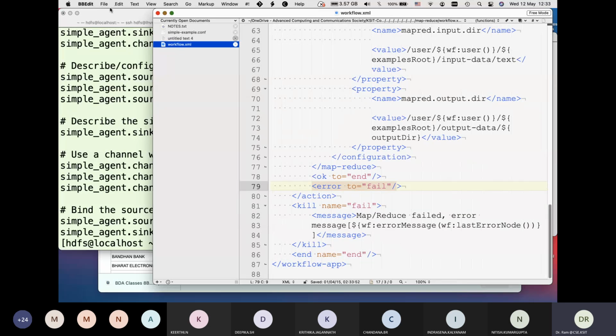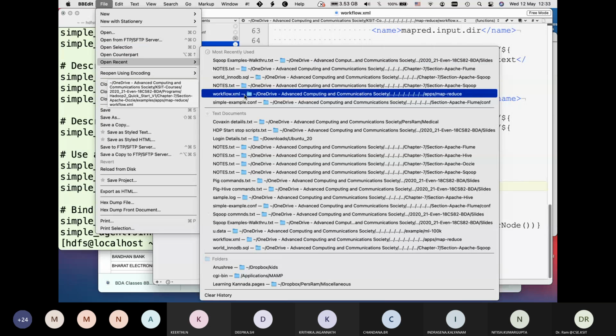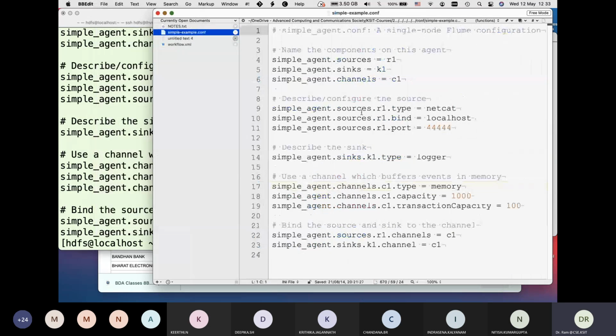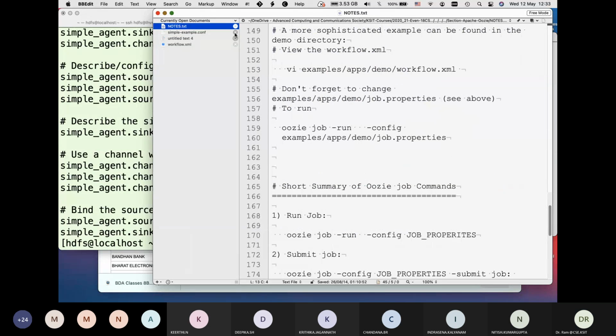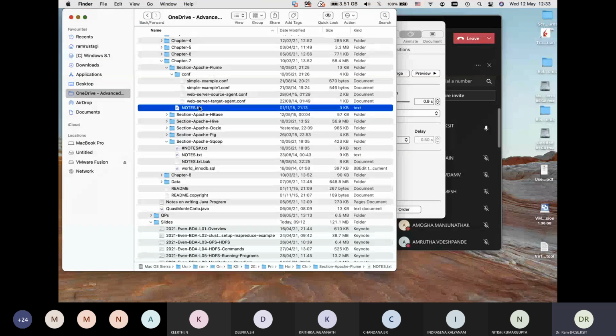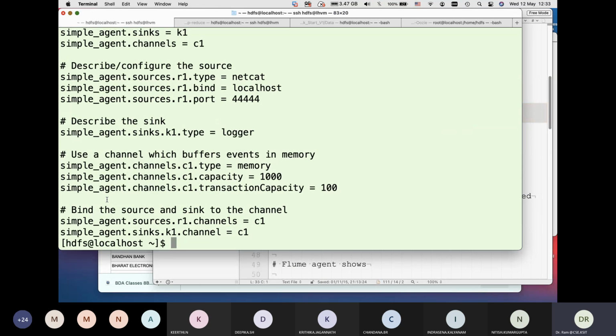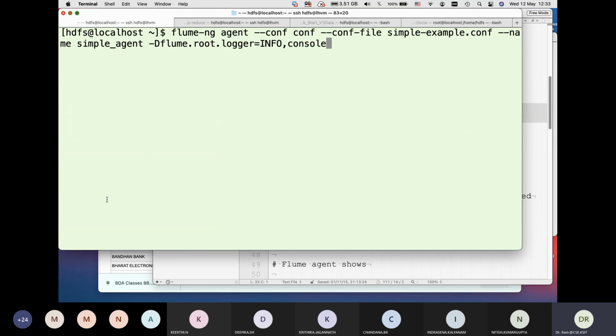This is the configuration file which I've given you. Let me run things. Flume, yeah, open that. My configuration file is in the directory sqoop, so I'll put sqoop here.